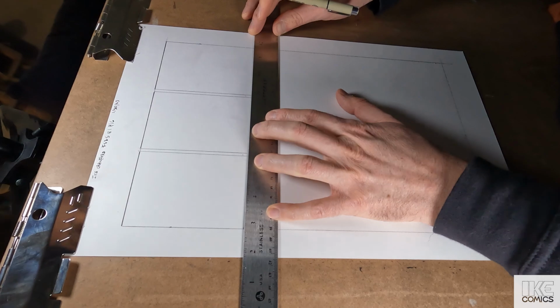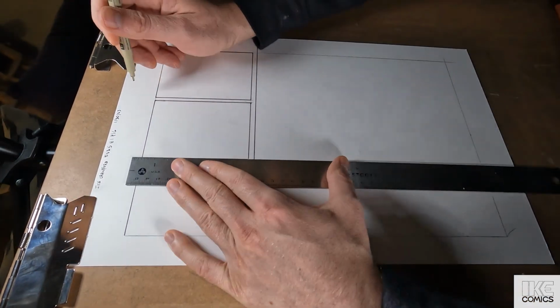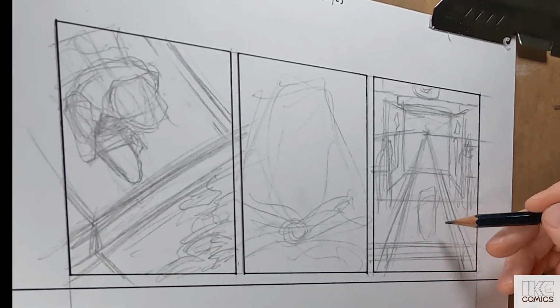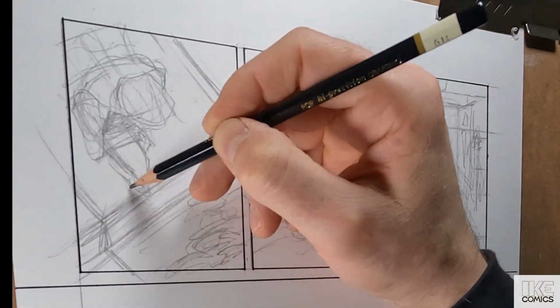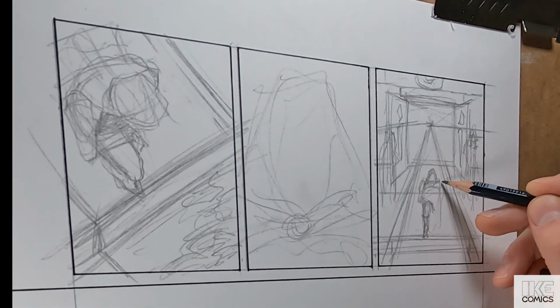And now, drawing the page, quickly getting those panel borders in. I use a 0.8 micron for the borders and a 0.5 for the inks. My pencil here is,